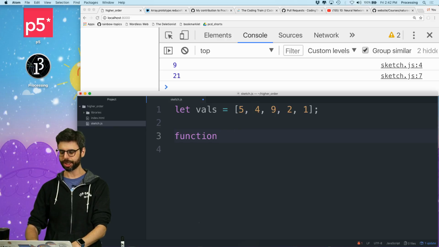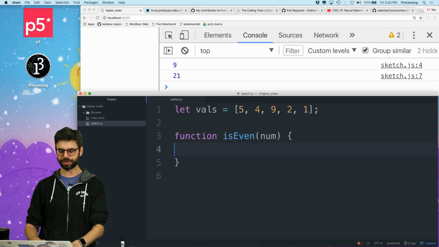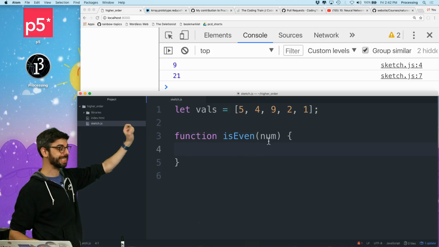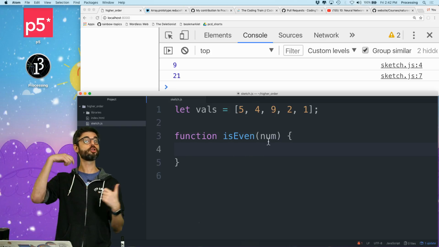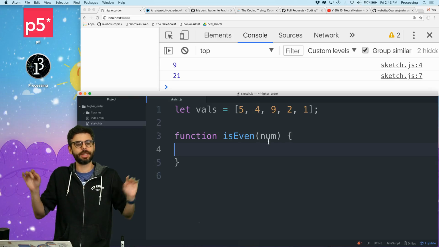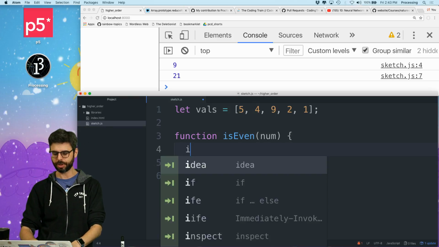Let's call this function isEven. What this function is going to do is take a number, and it will return true if it's an even number or false if it's an odd number. So it's going to, if